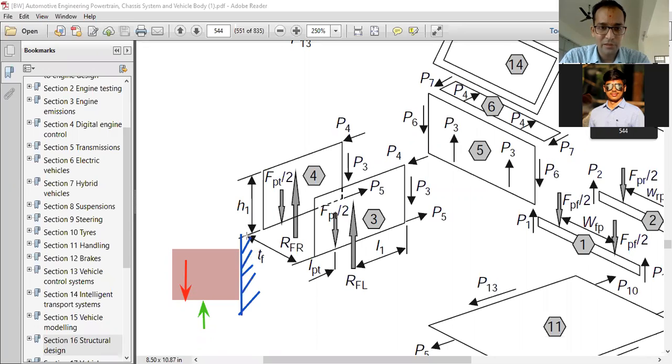Now I think you will be able to imagine what configuration I need to discuss. So there will be multiple loads and reactions under this kind of loading condition. Which are those reactions? I'll give a red color to it. Under this action of load, there will be a pull condition at the top, and there will be a push condition at the bottom. Now you can compare it with P4 and P5. And under this action, this surface is having a certain reaction, and it will act like this.